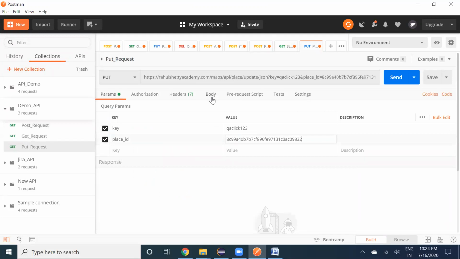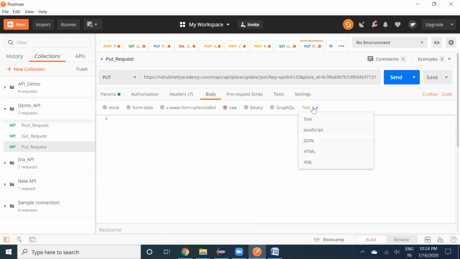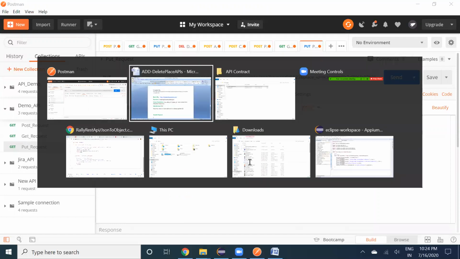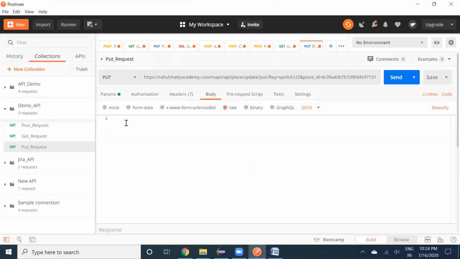Now you go to the body. We are giving what you want to update in the existing one. So now I'm going to change the address and see. I copy the body here. We are sending as JSON what you want to update. Now I go there and change some address.